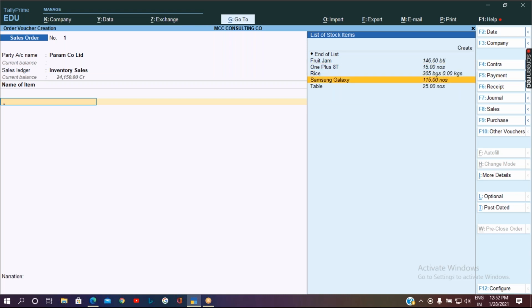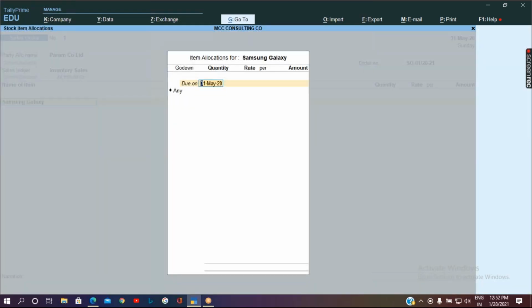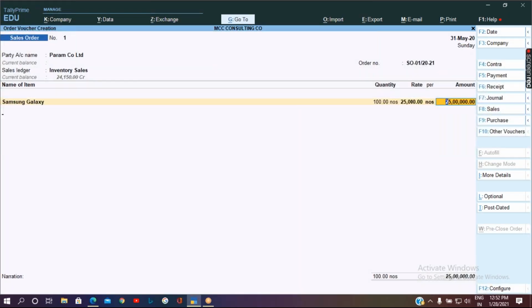We shall take the same stock item. For 50, sorry, let's take it as 80 quantity, or we shall take it for 100 quantity with the same. But when I'm receiving the order, I may give the value with different. Accept the same.